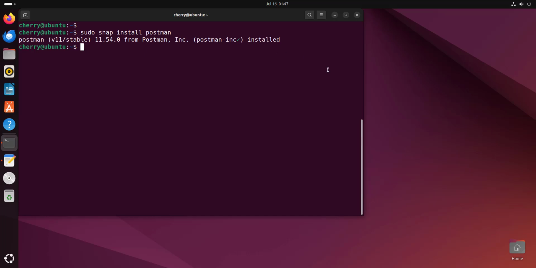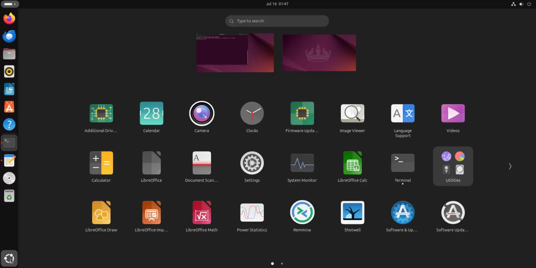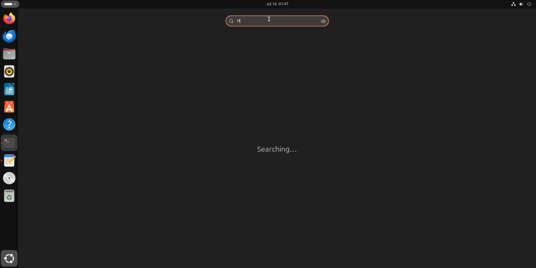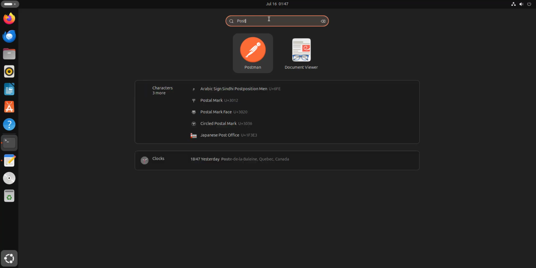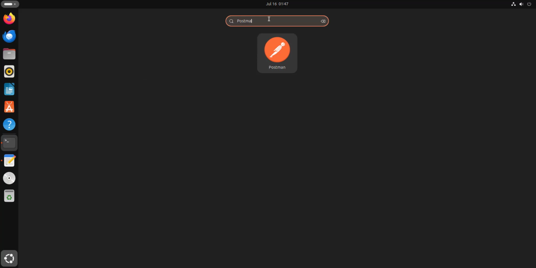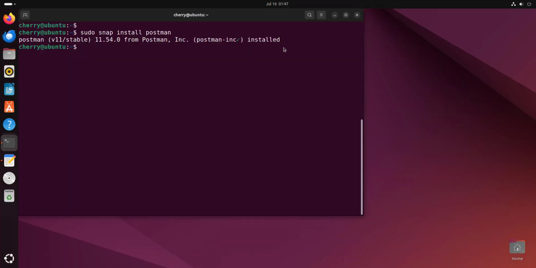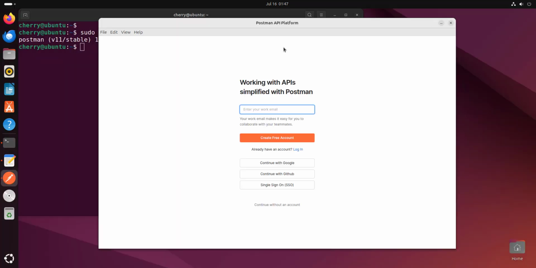All right, so you can use the application manager. You can come over here to the bottom left corner and click on the show apps icon here, and then in the search bar simply type Postman, and as you can see, you get the icon already displayed here. So what you're going to do is simply click on this icon, and as you can see, you're presented with this